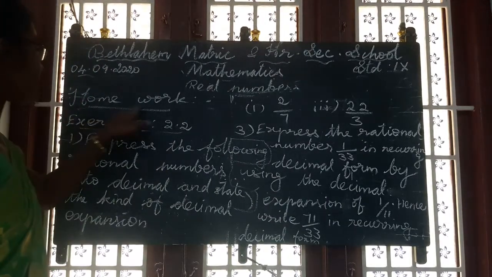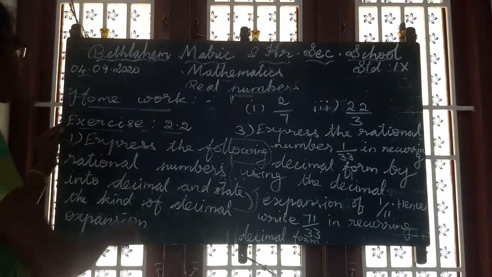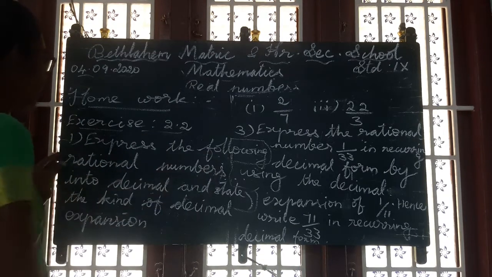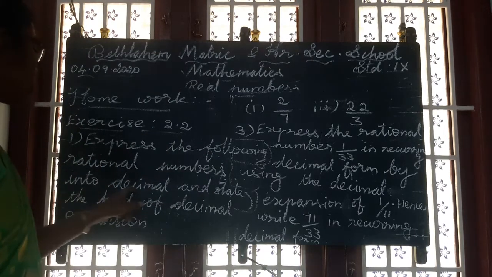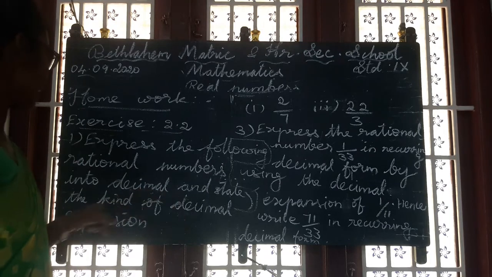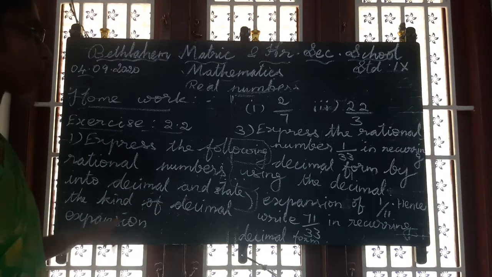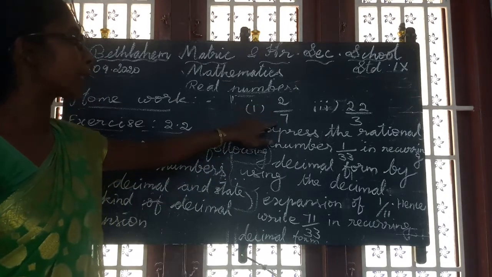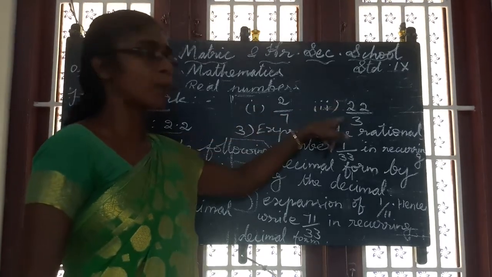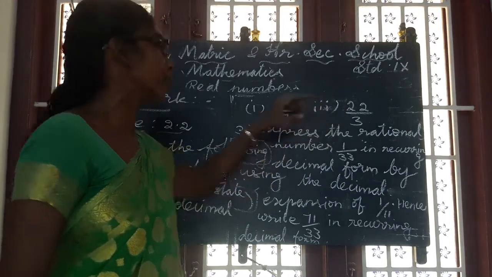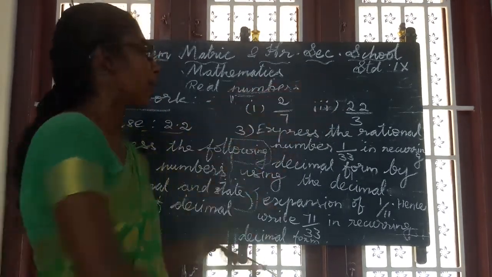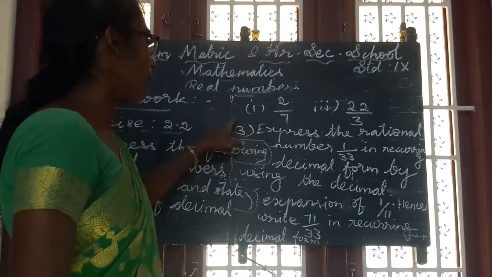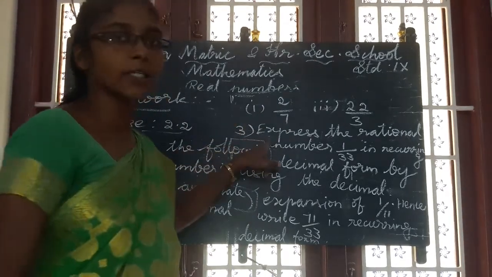Now homework problem. You have to do the homework problem. Exercise 2.2, first problem: express the following rational numbers into decimal and state the kind of decimal expansion. First, I taught the same model, 2 by 7 and 22 by 3. First we want to convert this into decimal form and state the kind of decimal expansion. Next, third question,